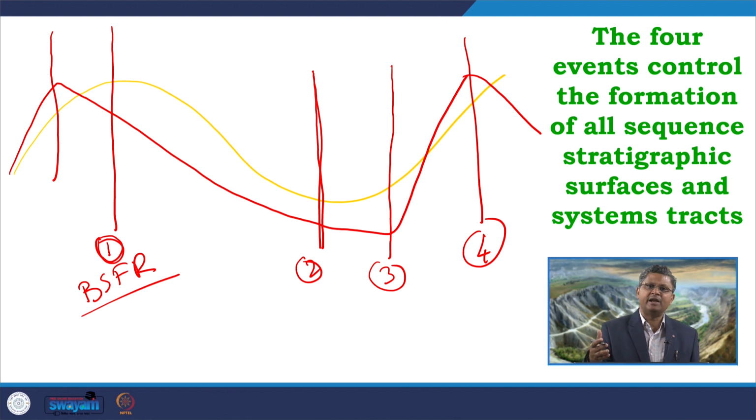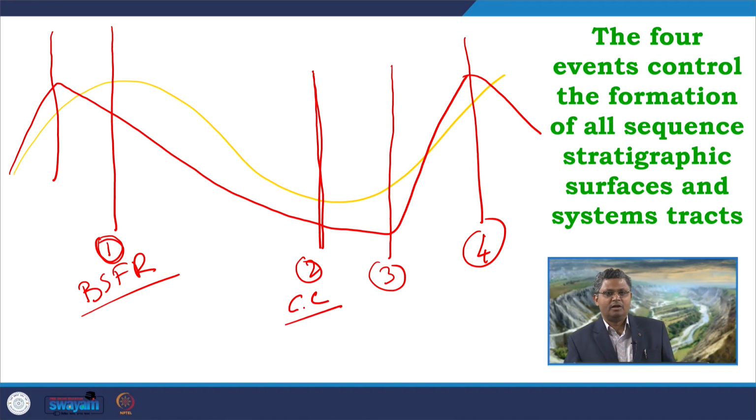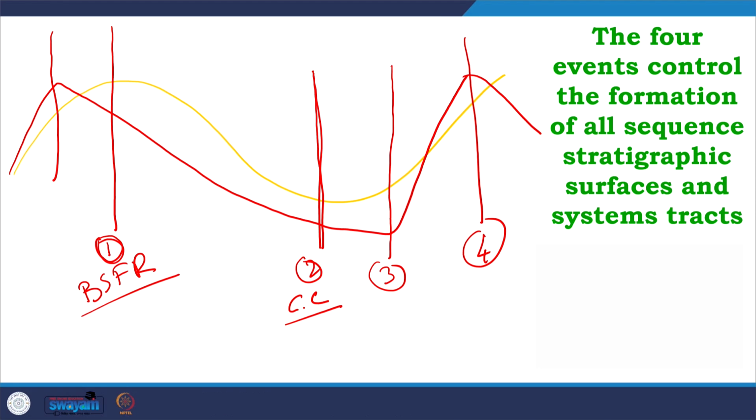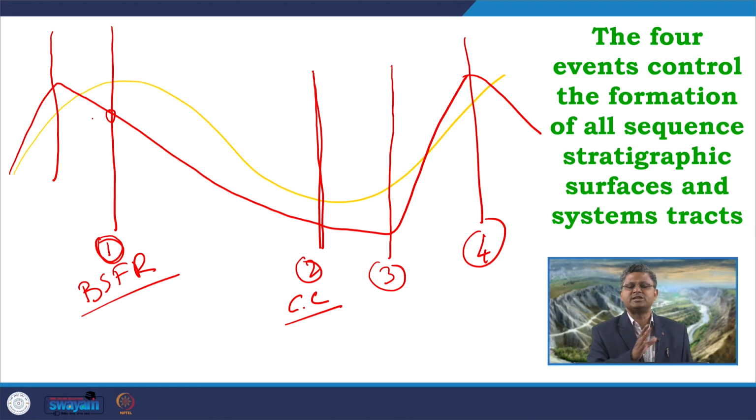So, in the deep marine part or in the marine basin, commonly we identify this boundary as a correlative conformity. Now, this particular term correlative conformity is actually associated with another surface which commonly forms in the marginal marine part. So, at this point, when this forced regression is starting, in the marginal marine part we can get extensive erosion and bypass, and that extensive erosion and bypass will lead to a surface. We commonly identify that as an unconformity surface.